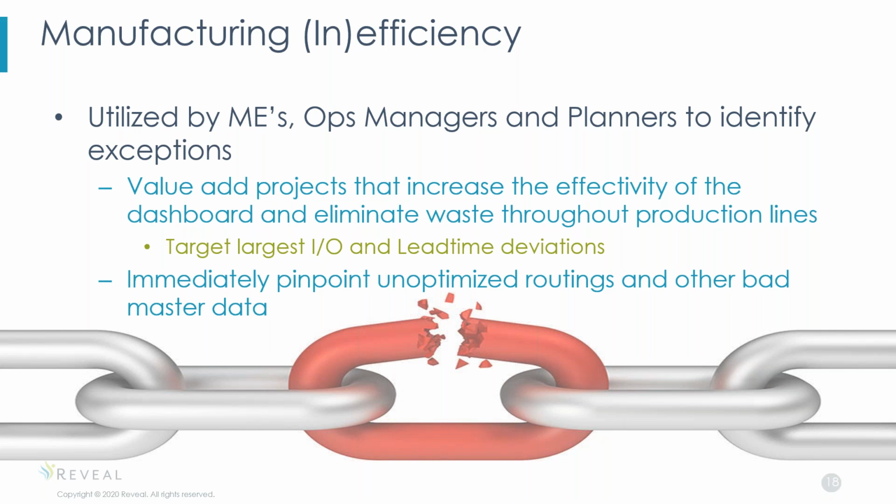Now, this is extremely important because, again, as with anything, garbage in, garbage out. So if we're overstating or understating our lead times, we're going to have massive deviations. So we need to make sure that our lead times are stated correctly from the beginning. Now, once we've done that, once our lead times are accurate, then we can go in and start looking at